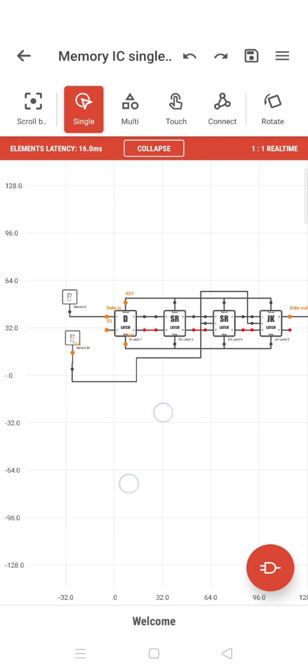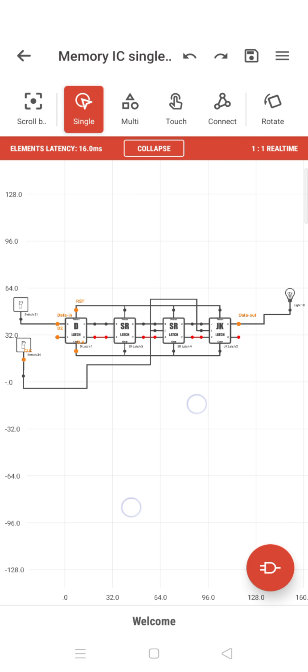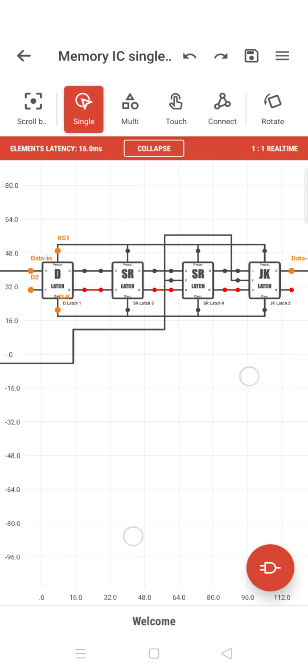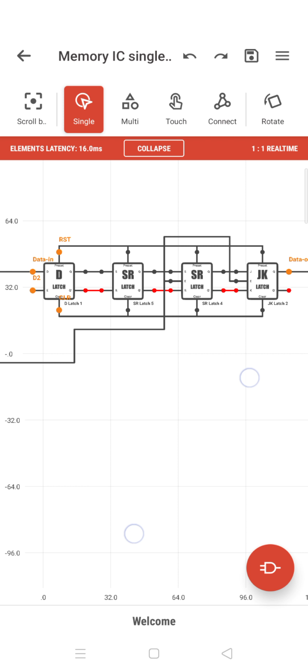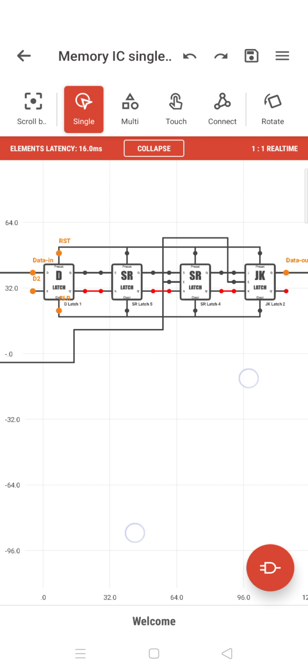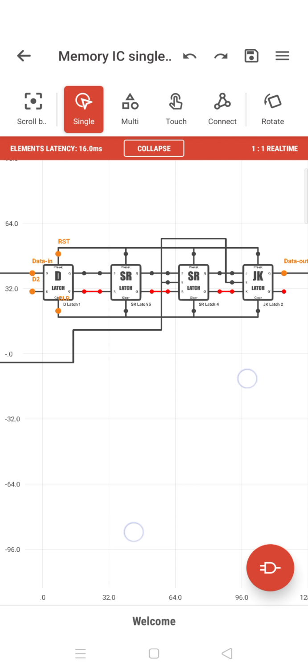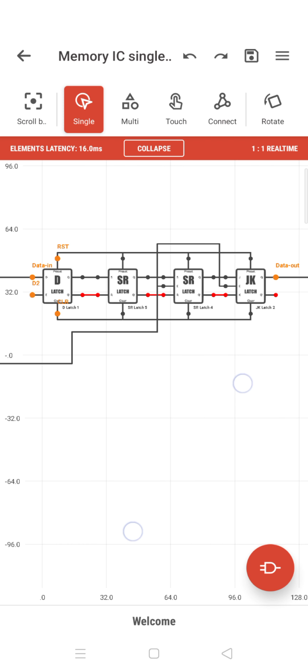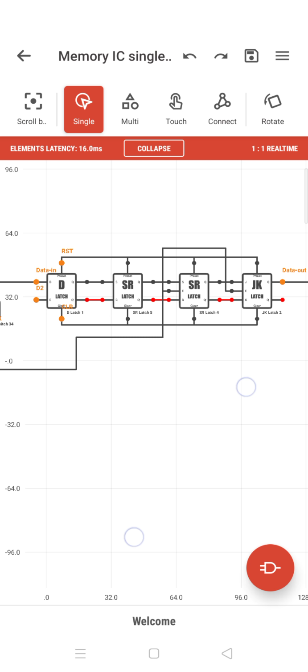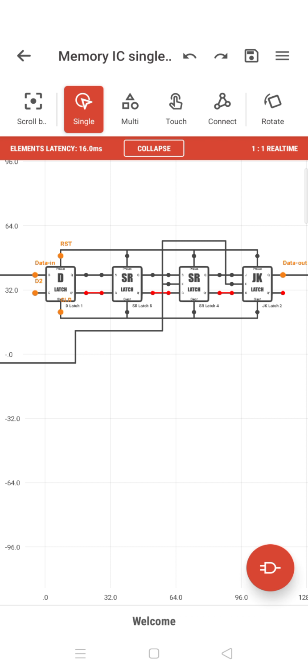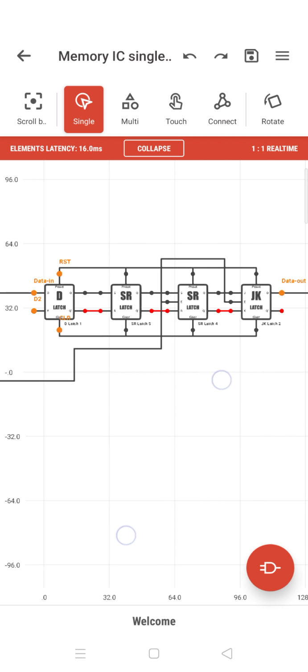Basically, a single bit memory is something like this. It's got a D latch, it has an SR latch, it has an SR gated latch. Sorry, everything is a latch. First thing you have to know in the case of a memory unit is that you have to use your latches only. Latches are kind of slow, but they are mostly used. First thing you have to know is why we have connected them like this.